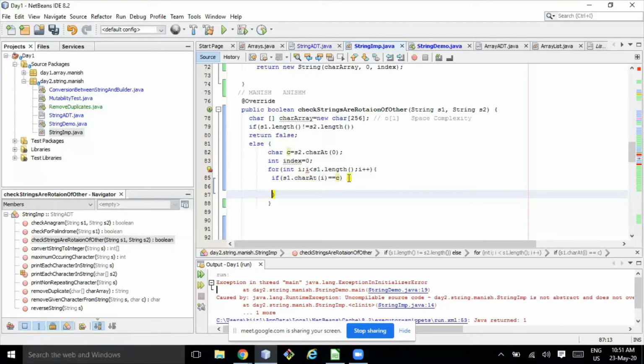Instead of checking each character, take the length of S1 that you pick from, let's say A, B, C, D. So A, B, C, 4 length, and you check that from the beginning of S2. I didn't get you. Maybe you can share your screen and tell me. Yeah, I think my approach is going to fail in case of duplicate characters. Yeah, that's true. So that's why I wanted to tell that.